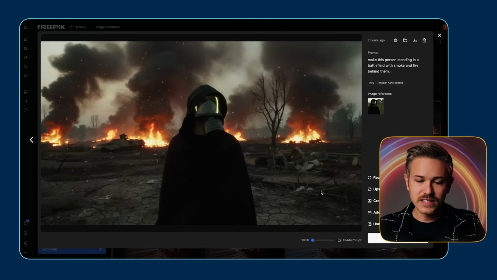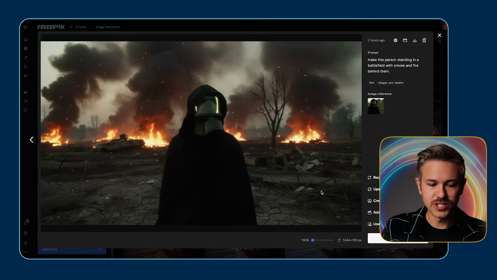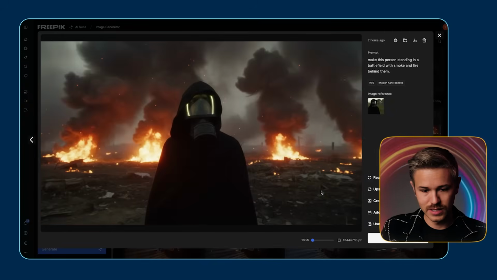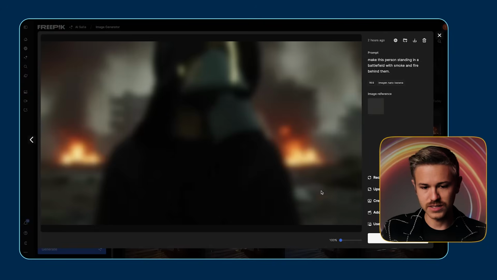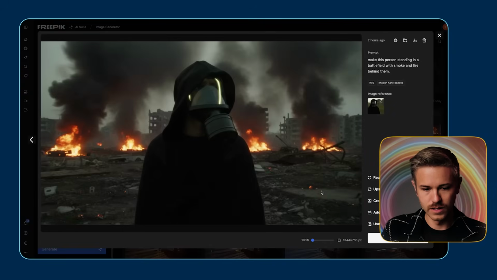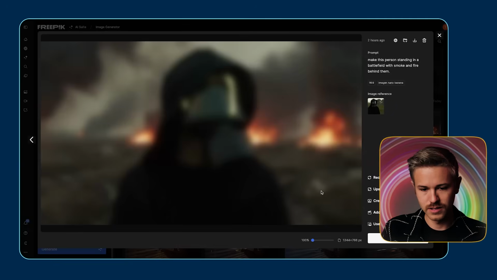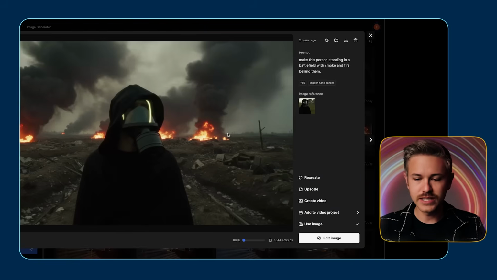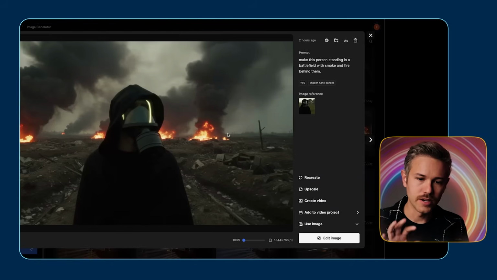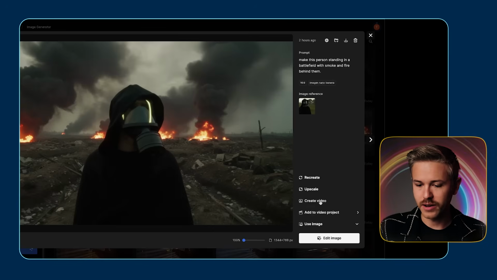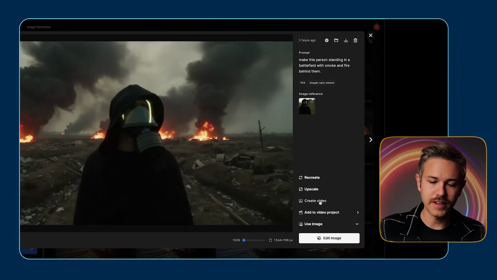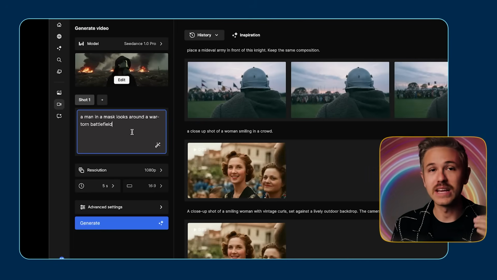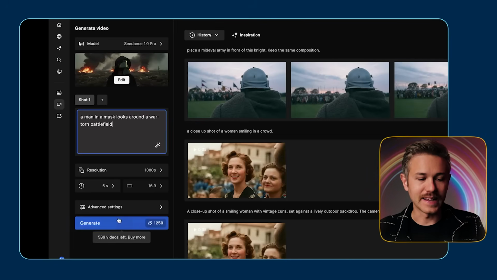And after a few seconds, we have a few different images here. We have number 1, which yeah, looks pretty good. Number 2, not too bad. Number 3, and number 4. So I think all of these did a pretty good job, but I'm going to go with number 4 for this example here, and we'll go ahead and select create video. And for our prompt, we'll say a man in a mask looks around a war-torn battlefield, and go ahead and